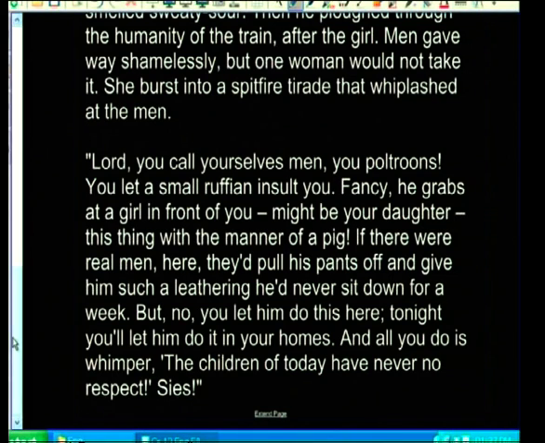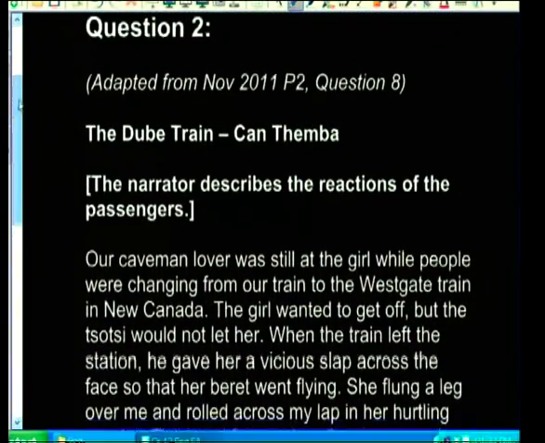Sis. I think you'll be able to identify the extract. What happens before is that we've got all these people who boarded the train, and in walks a strange looking gentleman, and he starts to abuse a young woman. And then we get the reaction. We get two totally different reactions, one from the women and one from the men. You'll see it's two opposing ideas, but it changes when one man stands up and takes some action later on in the story.